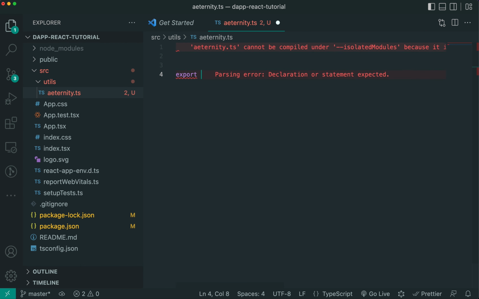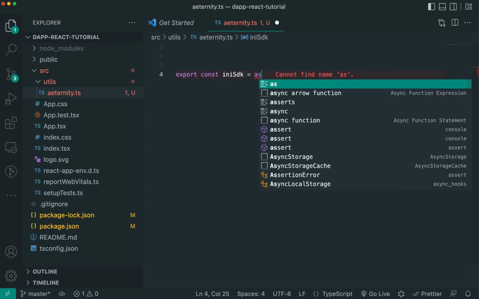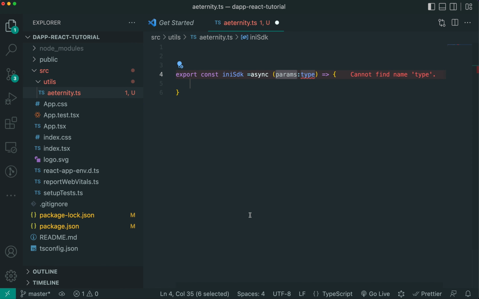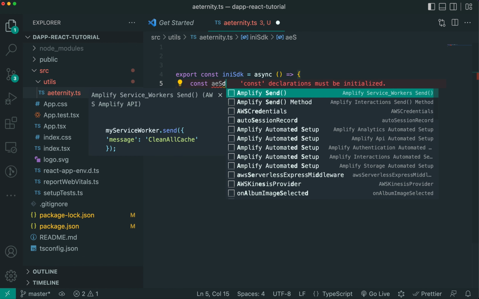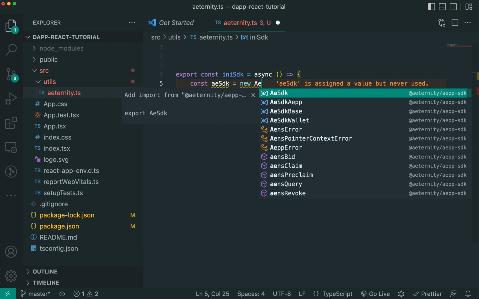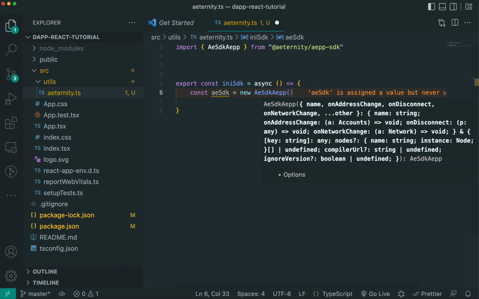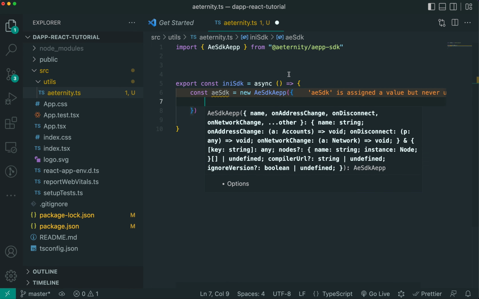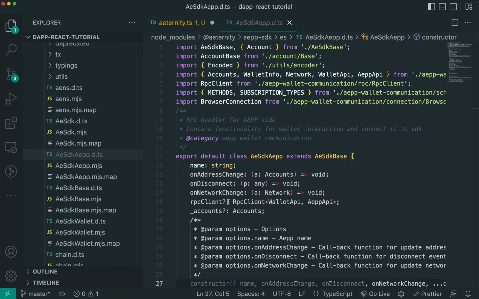So I will create the first helper function. I will export an initSDK function. It's an asynchronous function. Okay. So it will not accept any parameters actually. And then I will create a new constant for the AeSdkApp, and this will be a new AeSdkApp. Okay. The AeSdkApp actually accepts some required parameters